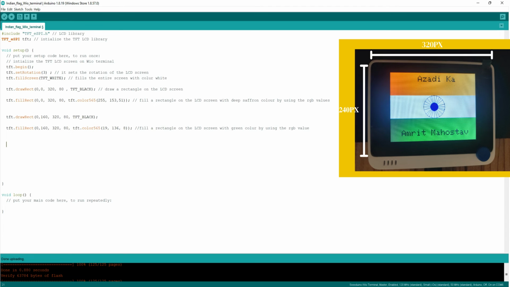So tft dot draw circle. Then let's add the values inside the bracket: 160, 120, 40, 50 underscore AB. Don't forget the semicolon. Don't forget to mention a comment: we're trying to draw a circle